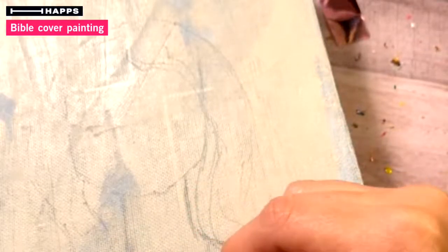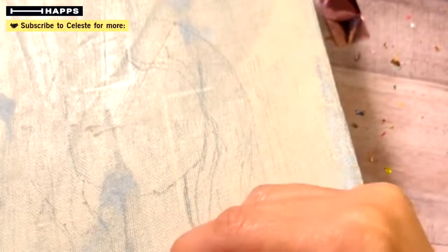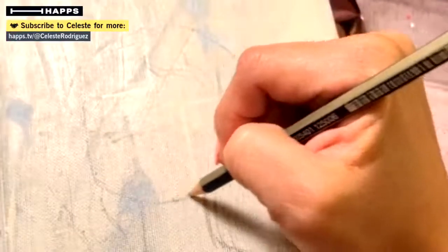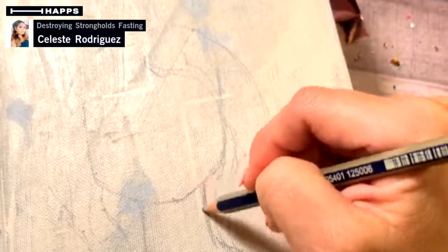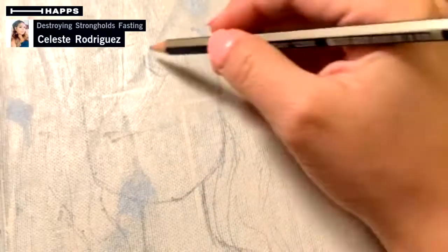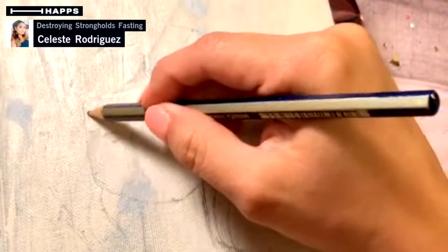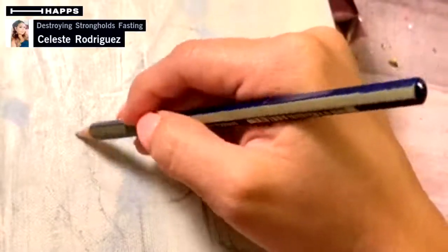So I'm kind of going to do something like that. I'm already pleased with her form. I know there are so many techniques that one can do. And I always learn something different with the mediums I use, and with, for example, this canvas, the paint